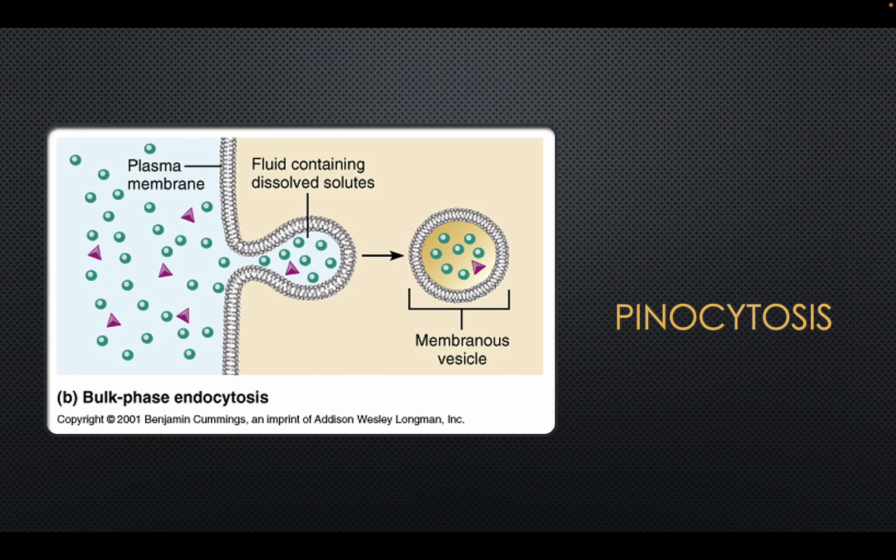Okay, so in this picture, it's showing the process of pinocytosis. And first of all, what you see is the cell membrane begins to fold inward. And as it folds inward, it's starting to pull substances into the cell. Now, how that cell membrane starts to fold inward is that in the middle of the cell, there are these